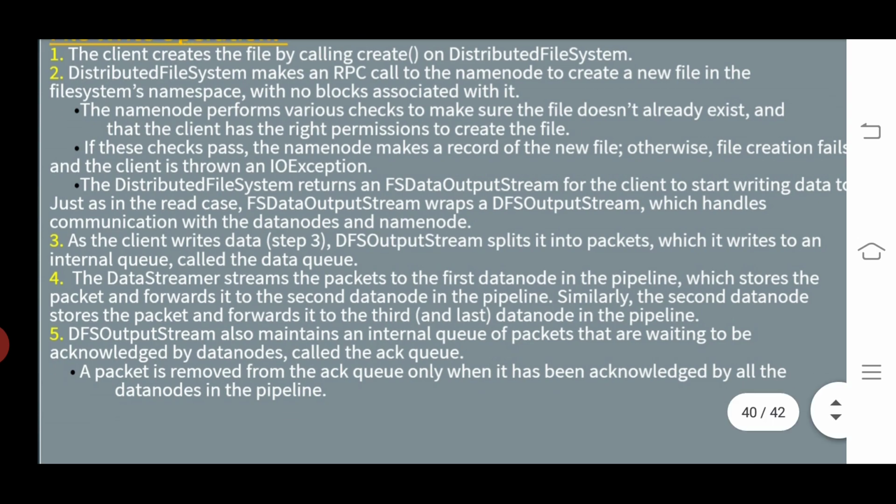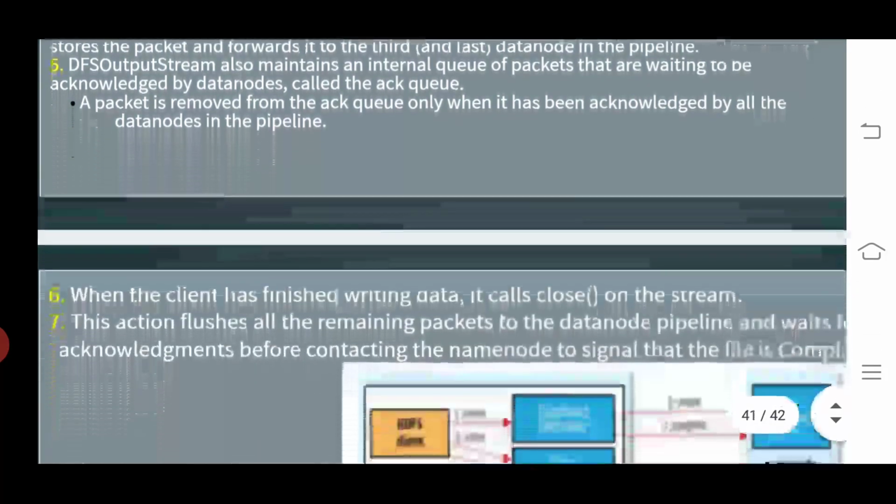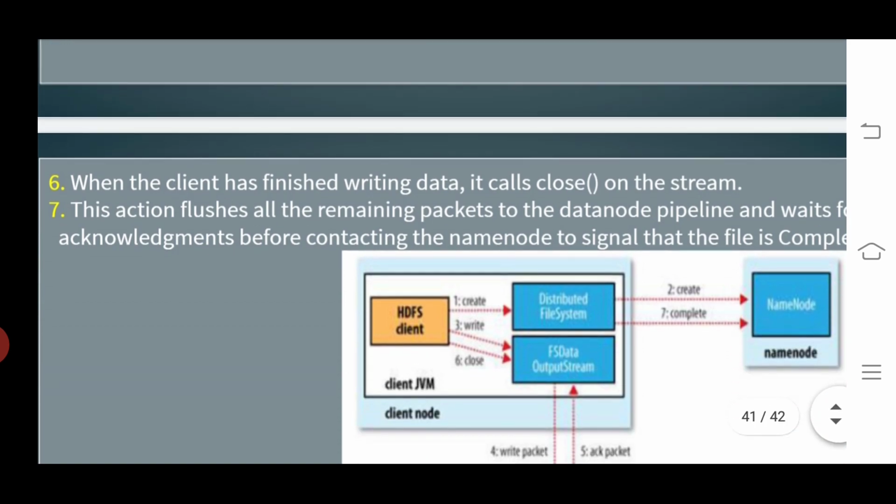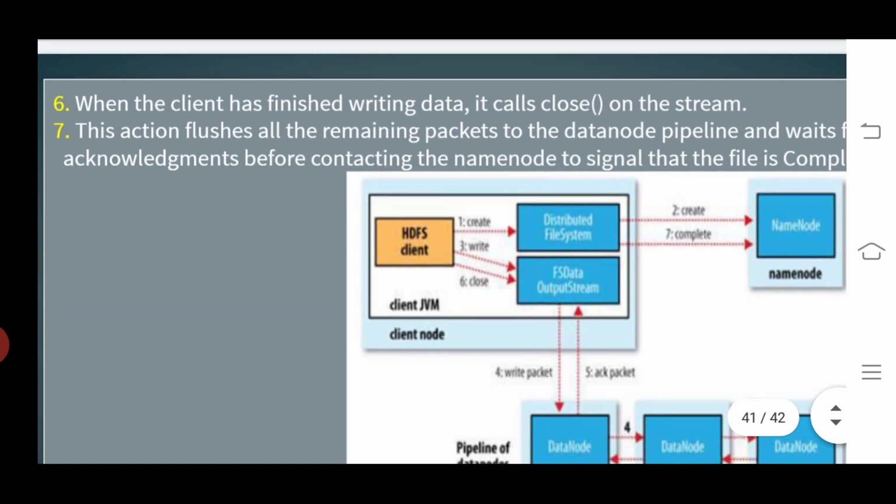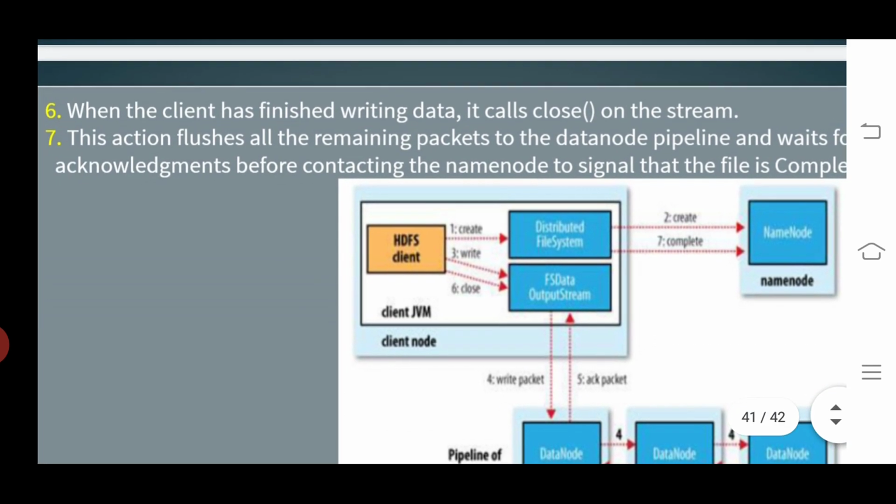Then coming to step 6: when the client has finished writing data, it calls the close function on the stream. Then finally step 7, where we complete the task.